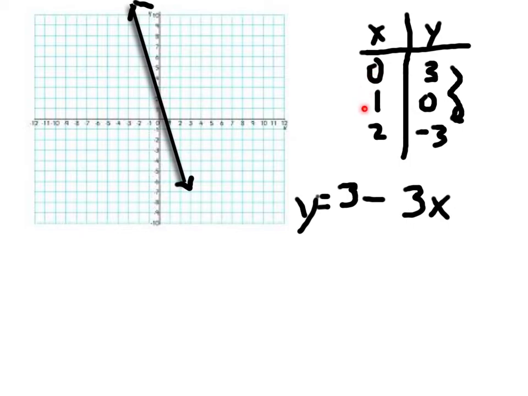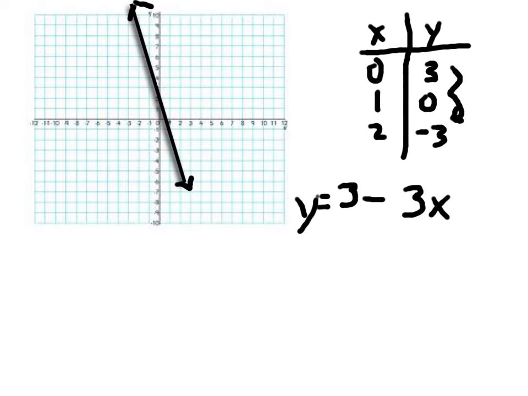If we look at 0, 3 minus 3 times 0, that does hold true. Now when we put in 1, 3 minus 3 times 1, 3 times 1 is 3, and 3 minus 3 is 0. And finally, for x equals 2, 3 minus 3 times 2, 3 times 2 is 6, so 3 minus 6 is negative 3. So this equation here does hold true